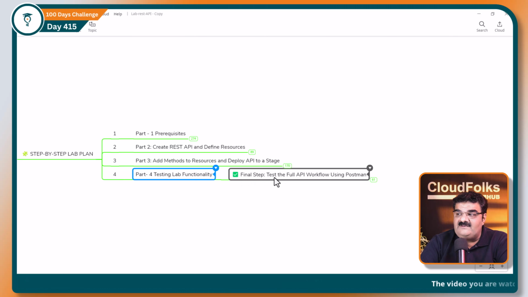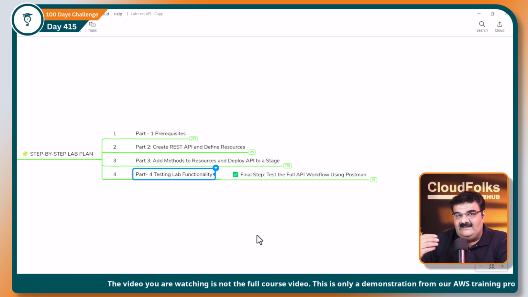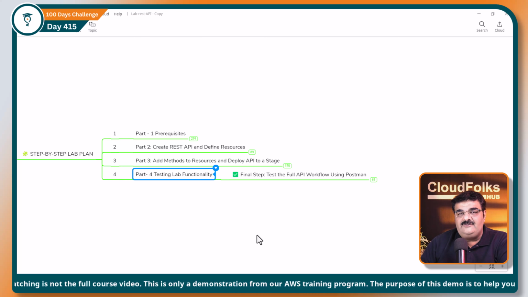This is final step. Test the full API workflow using Postman. Look, to test our API functionality, we are going to use Postman. Postman is kind of API testing tool. You can go to Google, just type Postman, you will get link. You can download Postman from the link and install it into your system, and then you can test functionality of